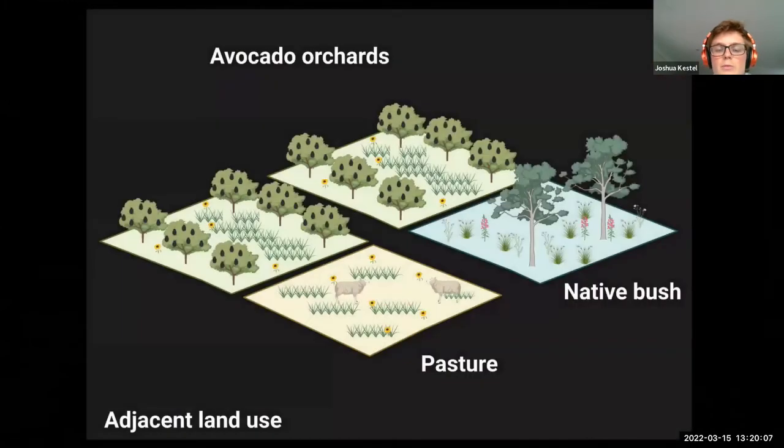So the overall objective with this study is that we're really trying to determine the landscape factors and the co-flowering resources that most strongly influence the insect diversity and also the diversity of the pollen that they carry. Like I mentioned previously, the reason this is interesting is because we want to work out what resources benefit avocado flowering insects, aside from avocado trees themselves,